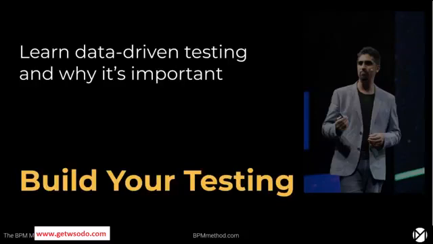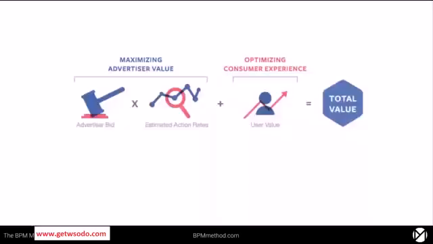So graduation testing is something I'll be covering off, which is my way of running ad testing to maximize performance. So let's just take a step back and look at this graphic here, which I'm sure you're familiar with right now. This is how the auction works. So the advertiser value, the customer, the consumer, the user experience, and therefore the value that you are scored at